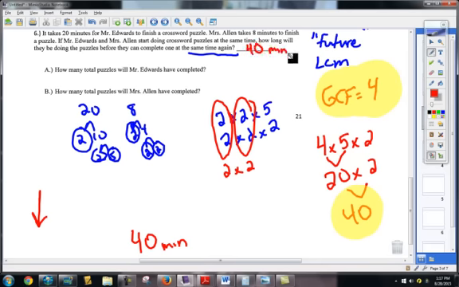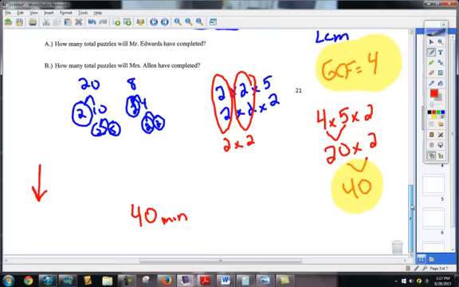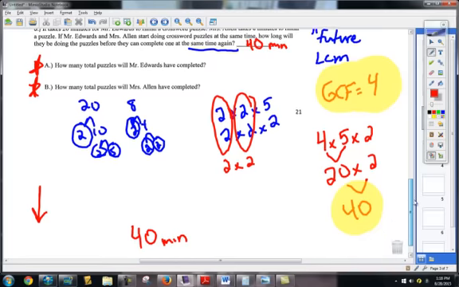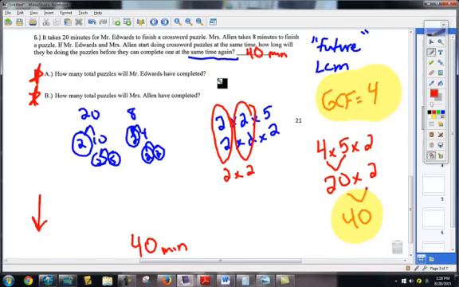Okay? Now, if we need to figure out, this is where these can get kind of tricky. How many puzzles did Mr. Edwards complete? Well, if he's completing them every 20 minutes and 40 minutes has gone by, I think that's pretty easy math to say he would have completed 2 puzzles. Okay? How many total puzzles will Mrs. Allen have completed? Maybe a little bit harder. But what you're doing is if you take the